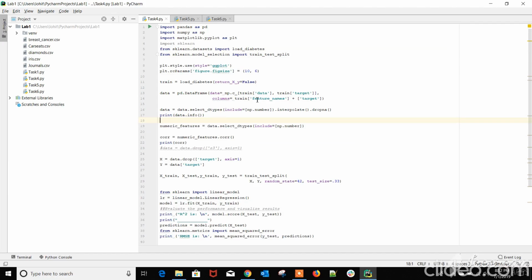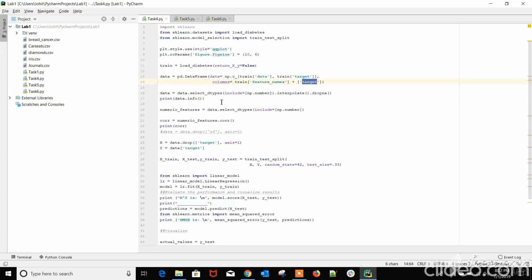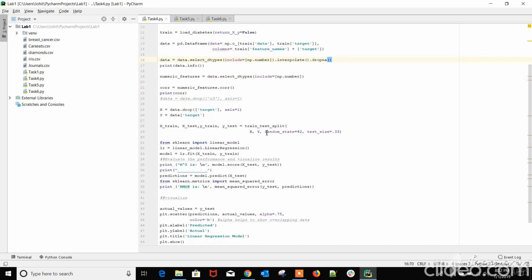About the fourth task, the multiple linear regression model: we have taken the diabetes dataset. We have loaded the dataset. From the dataset, we have taken the data and target data, and we named the columns using the feature names and the target column as target. For the EDA, we don't have any categorical columns in this particular dataset. We have dropped the null values here, and then